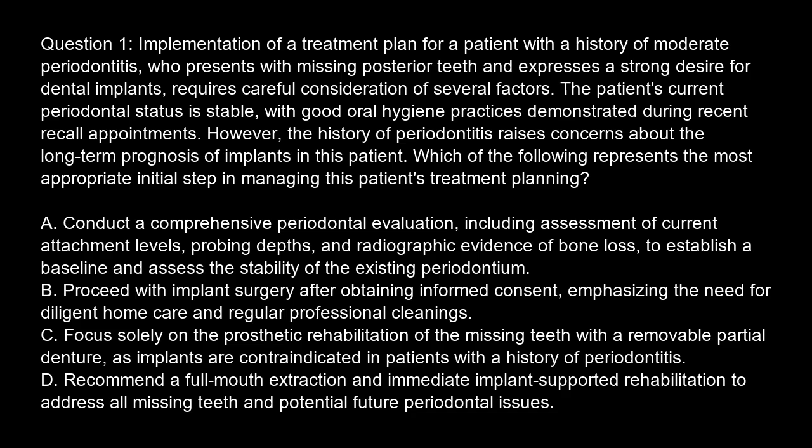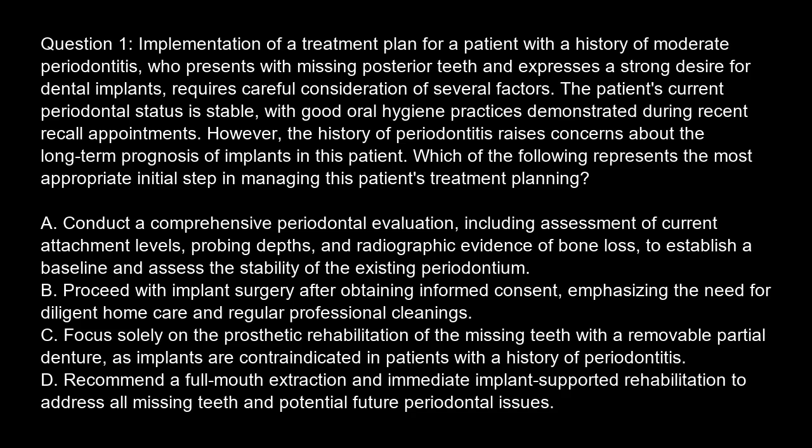Which of the following represents the most appropriate initial step in managing this patient's treatment planning? Option A. Conduct a comprehensive periodontal evaluation, including assessment of current attachment levels, probing depths, and radiographic evidence of bone loss, to establish a baseline and assess the stability of the existing periodontium. Option B. Proceed with implant surgery after obtaining informed consent, emphasizing the need for diligent home care and regular professional